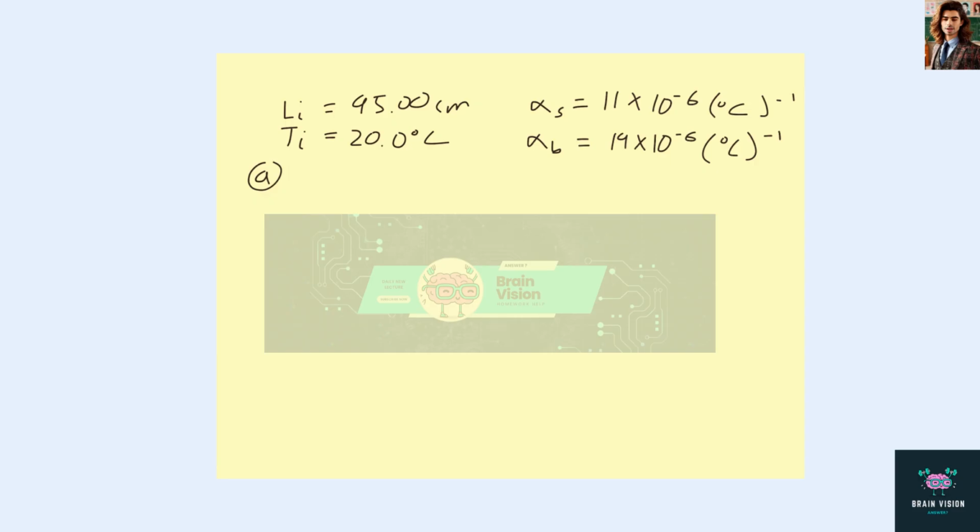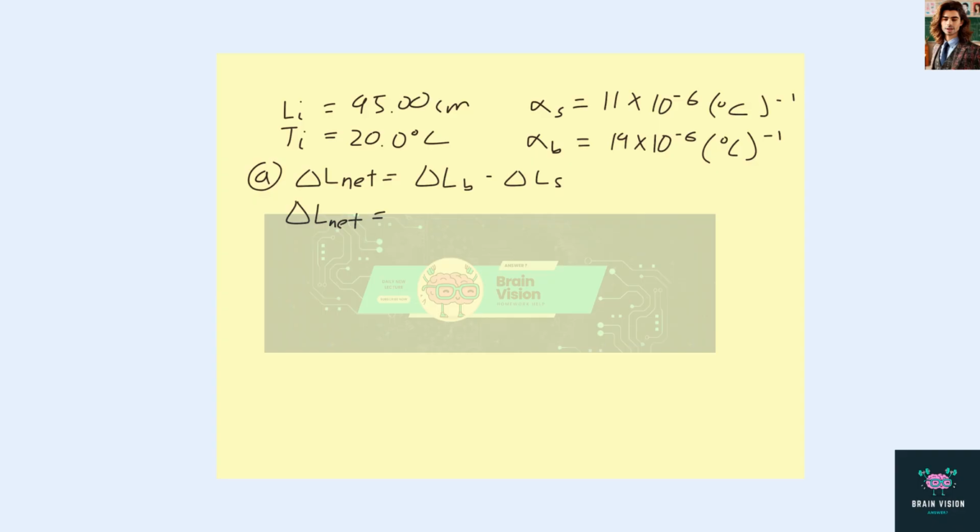Now, what's important about this question is not only do our rods expand and contract, or shrink, but also our steel tape does too. So we need to find delta L net, which is going to be the change of L of brass minus the change of L of steel. So delta L net is going to be equal to